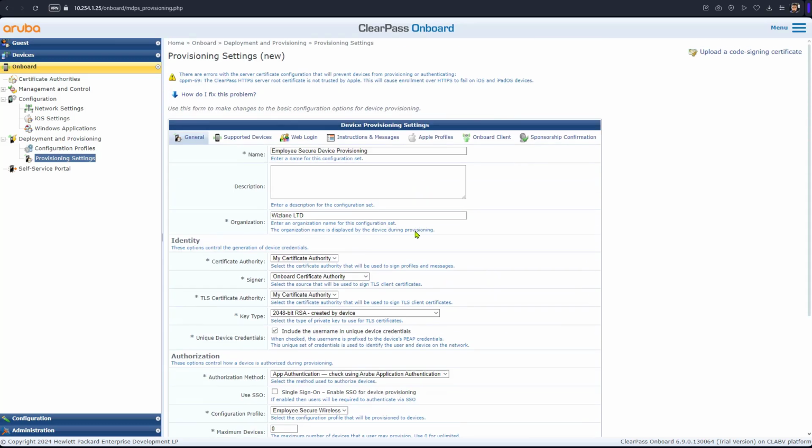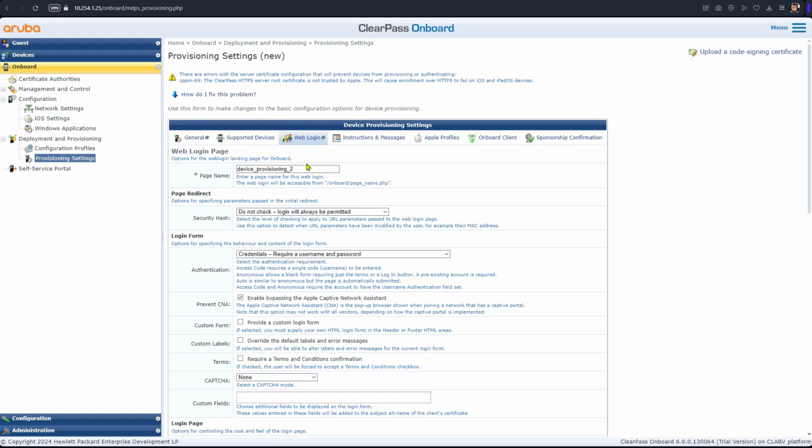Scroll back, and then we go to the web login. This is the page, so we'll leave the name as is. This is the page that will be provided for the onboarding capture portal. We now click on onboard client,